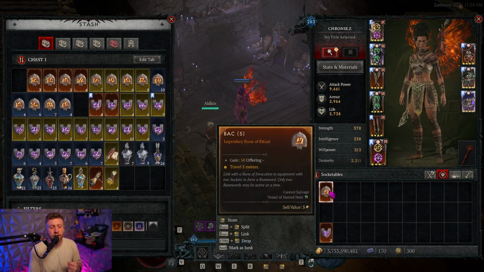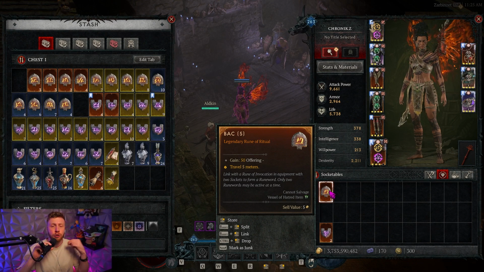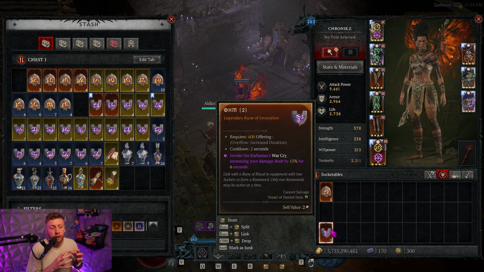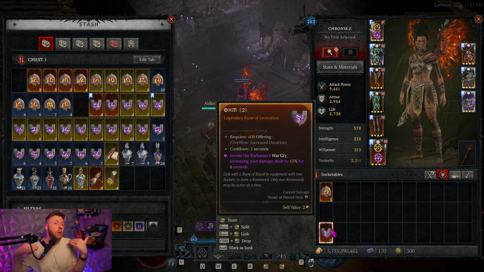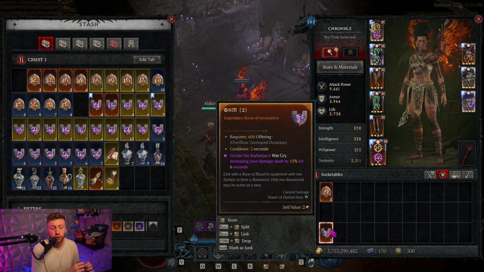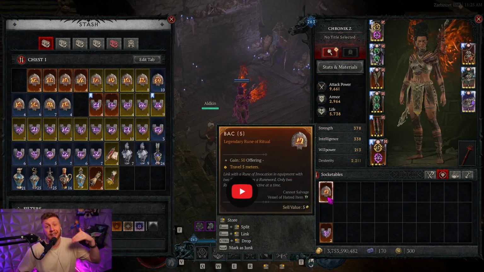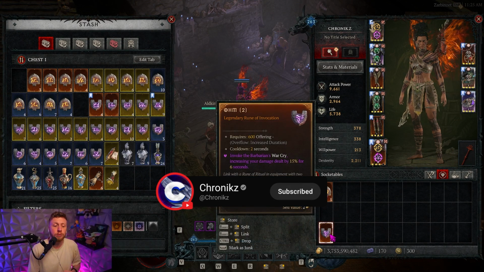be the effect. For example, right here we do have the bug ritual rune, which is going to be our trigger. Namely, this wants you to travel 5 meters and you are going to get 50 offering for traveling those 5 meters. In the case of the Rune of Invocation here, you are going to trigger the Barbarian's Warcry, increasing your damage dealt by 15% for 5 seconds, which requires you to spend or generate 600 offering. So now you can actually see that you need to travel 12 times 5 meters to be able to trigger